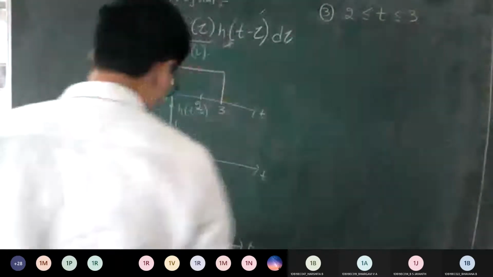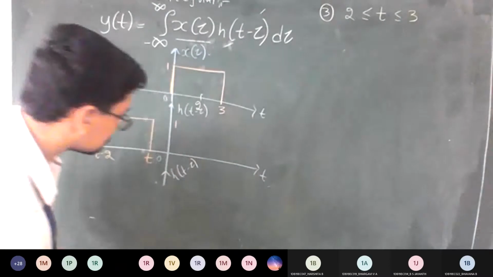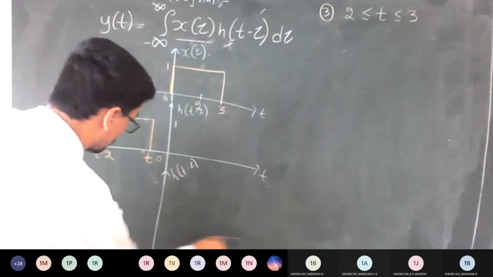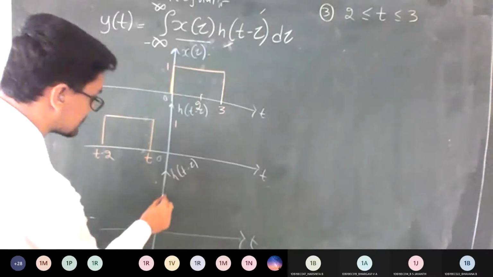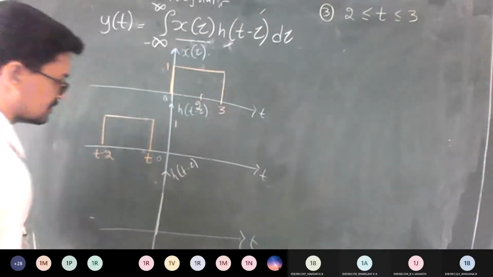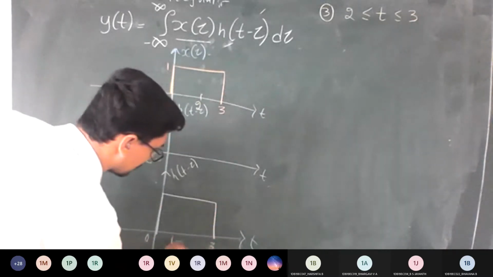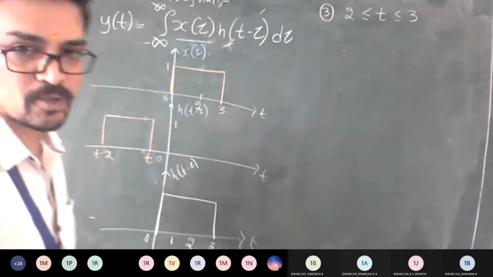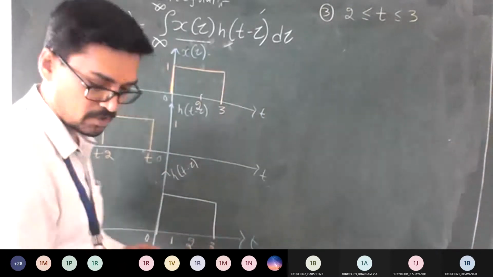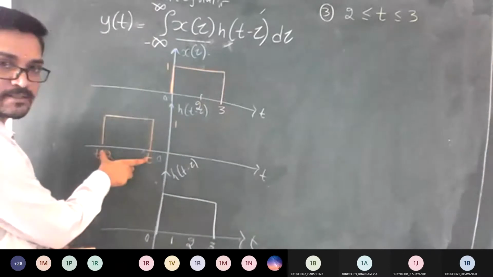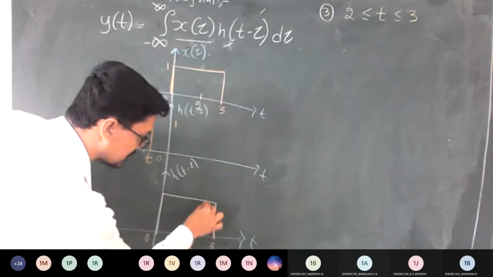So what's the meaning of this? Just write this diagram once more. So how it looks now? Your x of t is like this, 0 to 3. So we'll make the numbering 1 and 2. Now what I told, you need to place your t between 2 to 3. So according to this diagram, this movement should happen between this, which means t will come here.